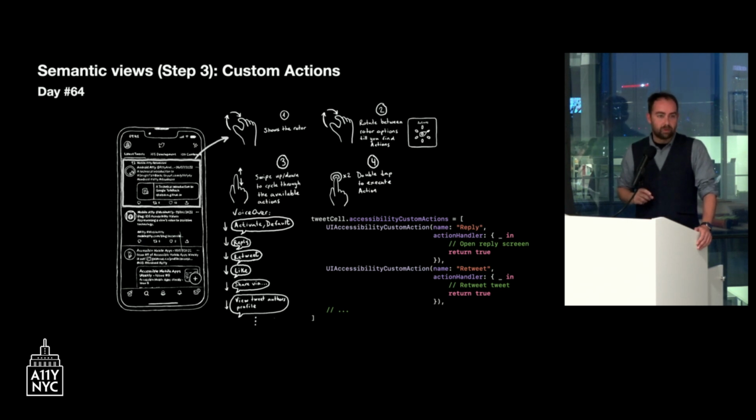Sometimes you need to use what's called the rotor. So if you rotate 2 fingers around a concentric point on the screen, the rotor menu appears. It's a super cool feature in iOS, and it lets you customize navigation modes. So for example, you could select actions if they're available. You can change the speed at which VoiceOver announces things. You can change the language of VoiceOver and things like that.